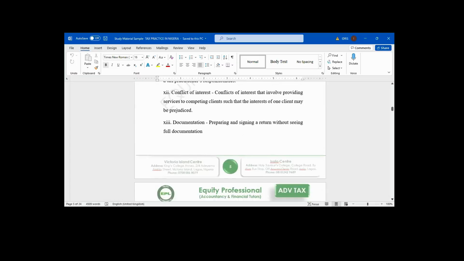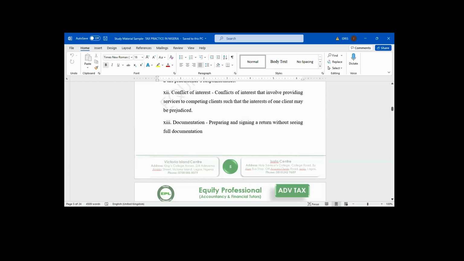Conflict of interest. When you act in a conflict of interest, this too is against the ethics of your profession. You are the one that helped the client to prepare that tax return. You are the one that helped them to submit their tax return. At the end of the day, you meet FIRS too. FIRS gives you a job to go and audit these clients. FIRS outsources the job to you that you should go and audit the client. The client you want to audit, you are also the one providing tax consultancy for them. That means you are auditing your own job.